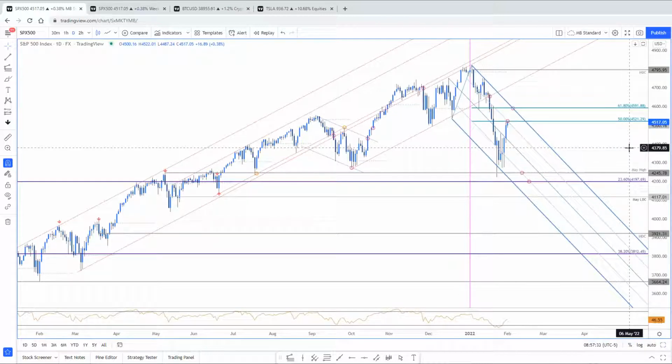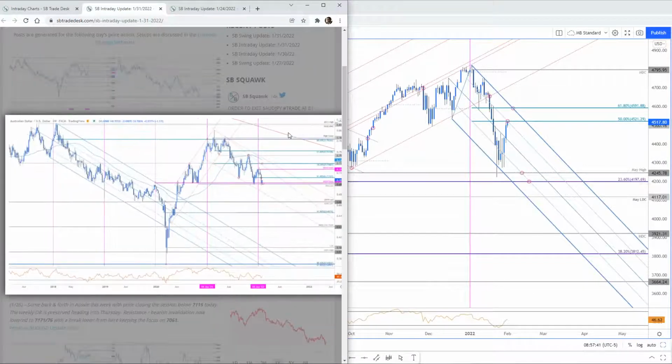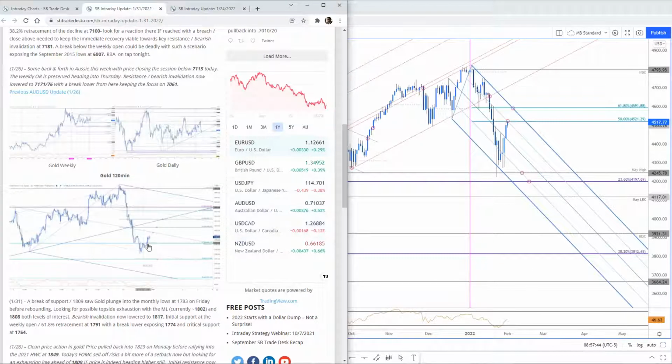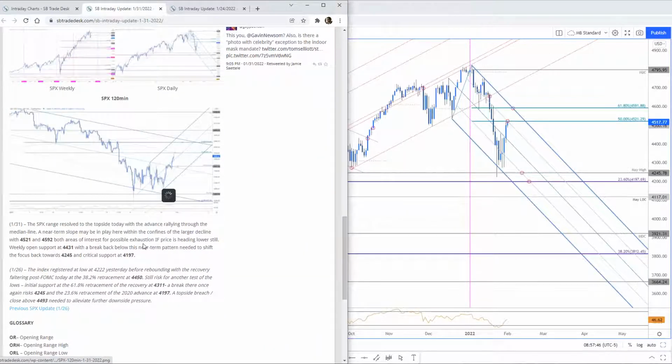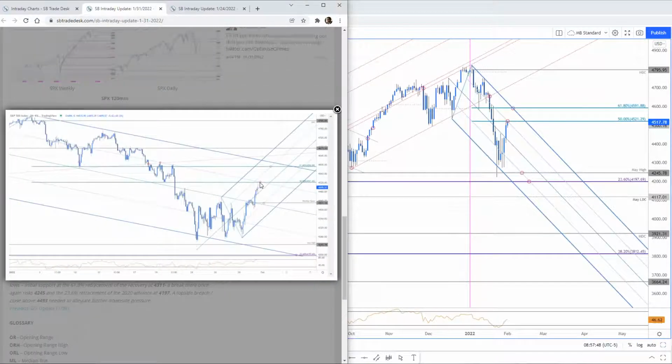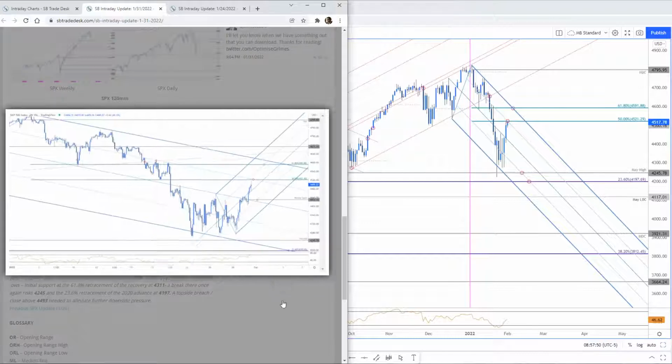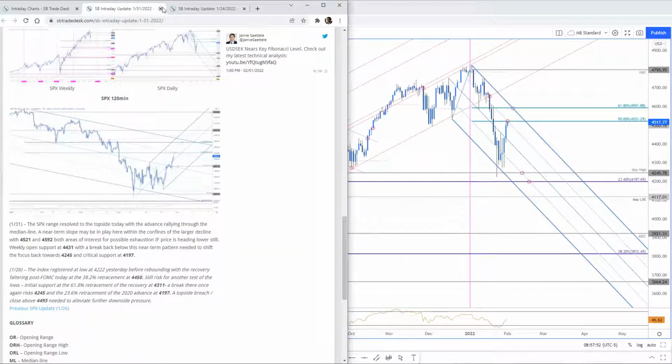All right, just two things I wanted to touch on here, and then I do want to show you what's going on in Bitcoin. But dollar yen, my last update, so no change to any of the gold levels, no change to the SPX levels from last night, guys. We're right here right now, okay? So keep those handy heading into the open.